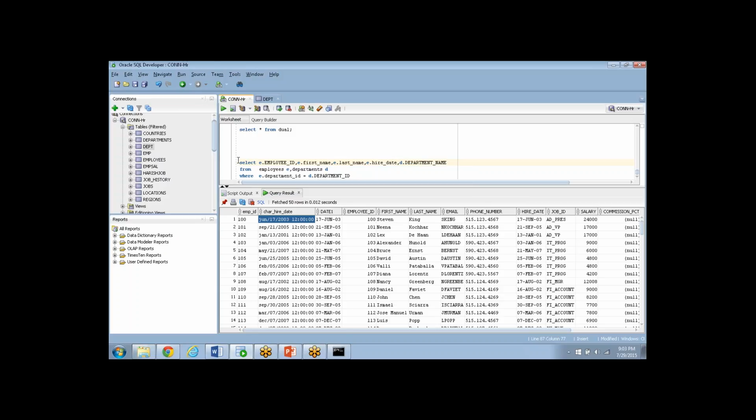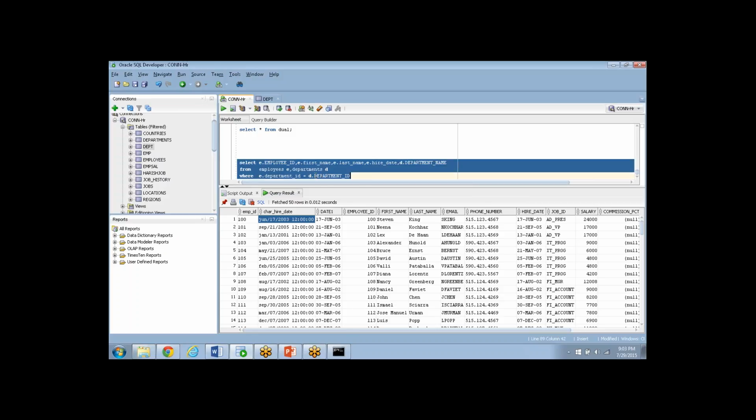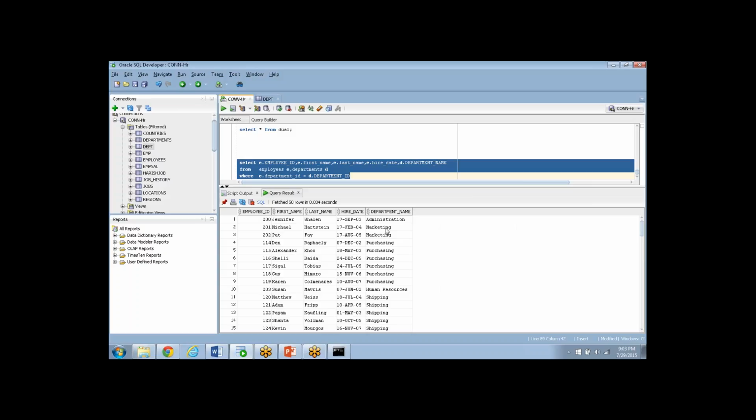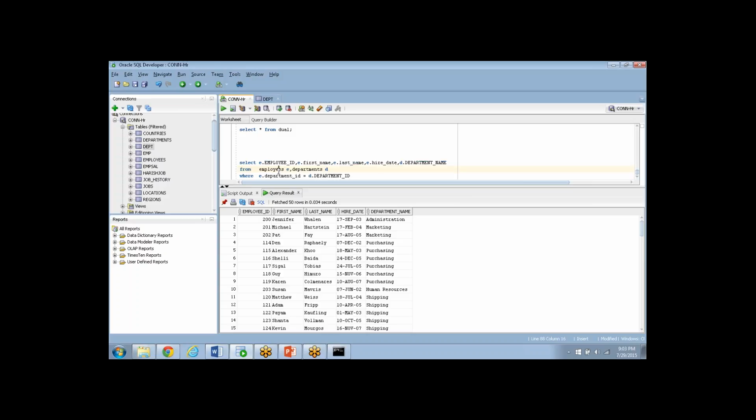Now this is called the equijoin because we are writing the equal sign, or inner join. This is also called the inner join. If you see now, we don't have a department name on the employee table, right? I just want to see what department he belongs to, what department Jennifer belongs to. Instead of having the number, which won't give any meaningful information for us, if you want to see which department name he belongs to, then we'll write